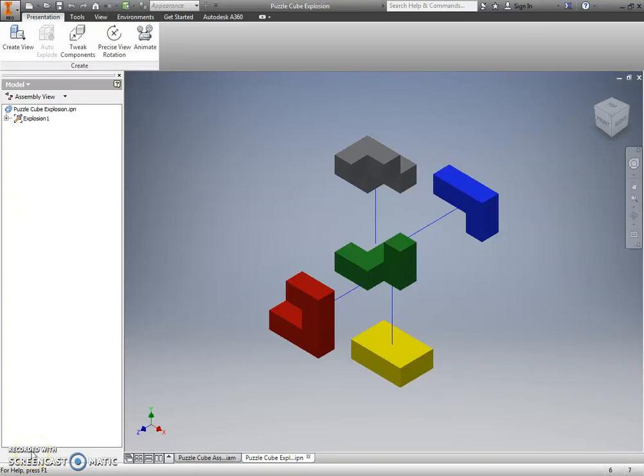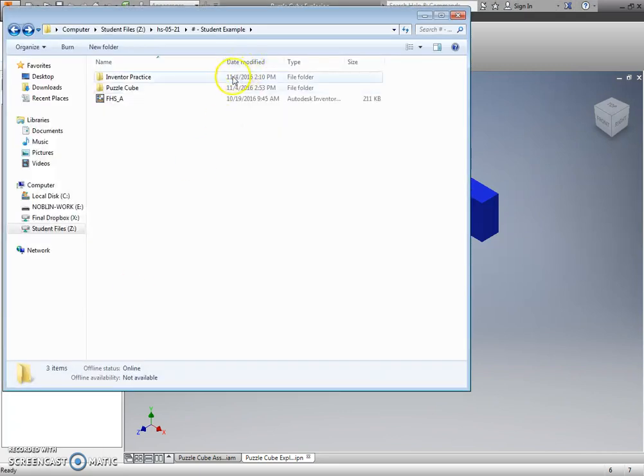This video is going to show you how to do the drawing set for the puzzle cube. So once we've created all of our parts, we were able to create our assembly. Once we created our assembly, we were able to create our explosion. Now, once we have all of that stuff done, we can create the professional documentation that goes along with our project. What I have done is in each of your Z drive folders, I've added this